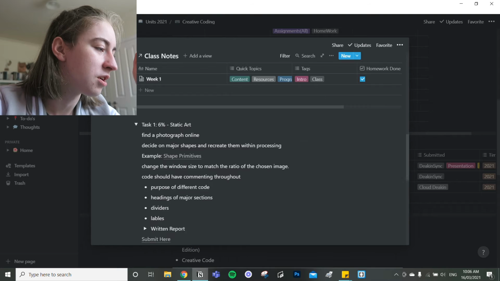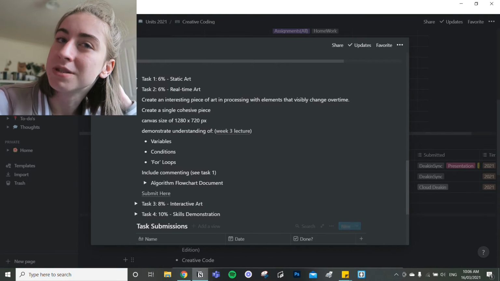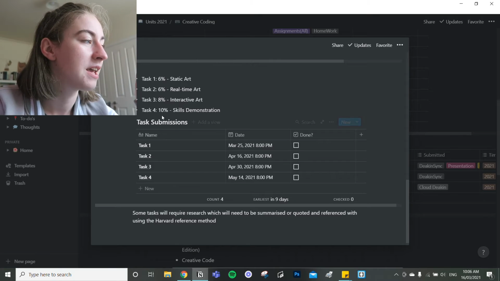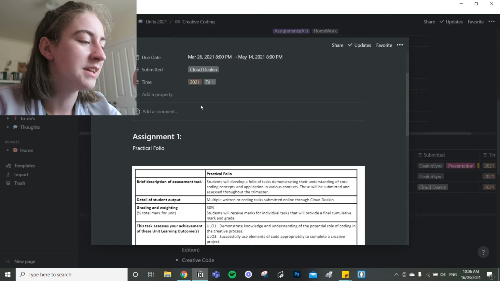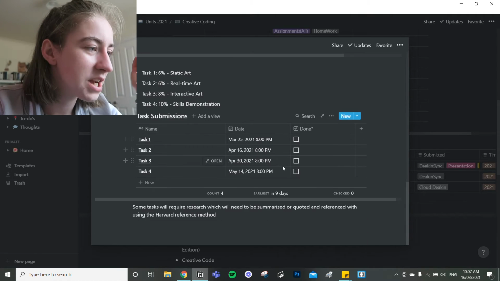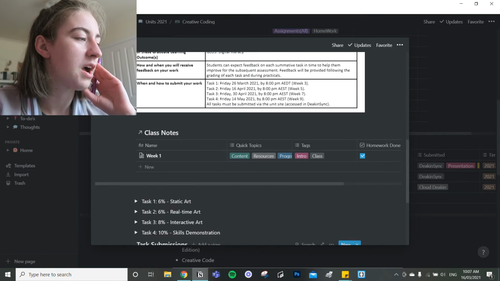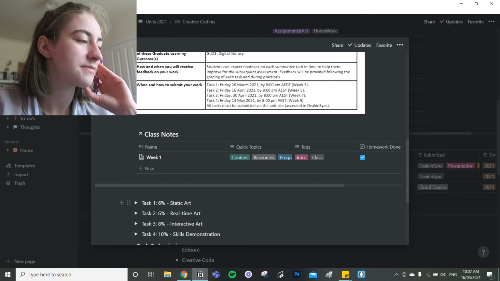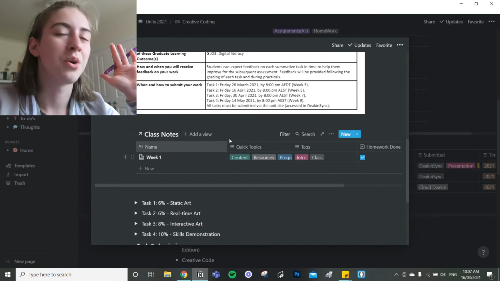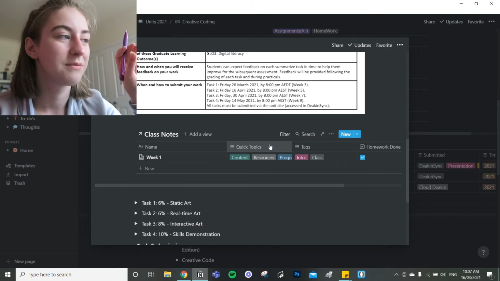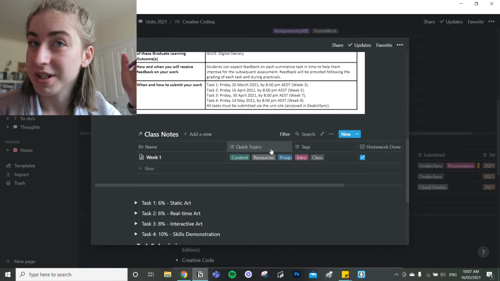And again, these are all open, but this is all of the small tasks that I have to do to get this assignment finished, and when those ones are due, and the earliest, and some notes down here. So it's all very simple, but I have a task, I have a linked database that shows which notes for this, which week the notes for this assignment are in.